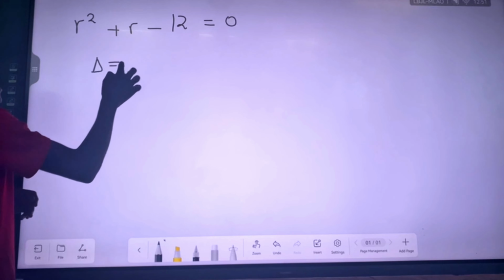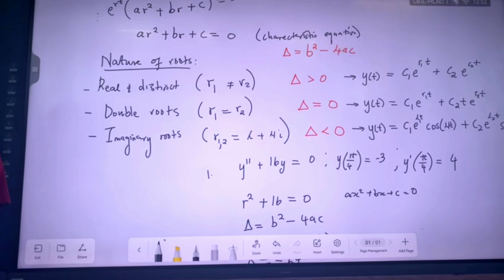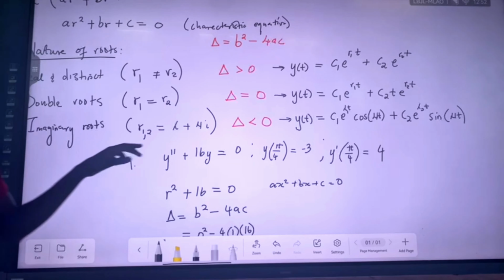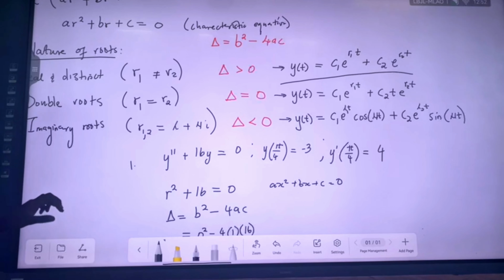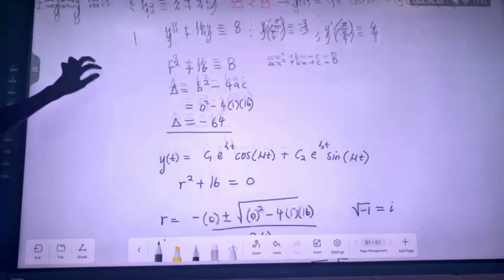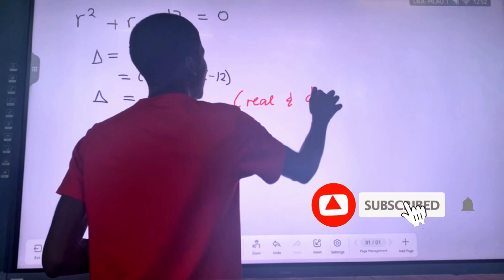So say I want the discriminant here is what? Is greater than 0. And when the discriminant is greater than 0, I still remember, what happens? The roots are real and they are distinct. So you have got a value of R1, a value of R2 that are different from one another. And then you do what? You use this as the general solution of the second order homogeneous equation. So here we already see we are having real and distinct roots. So please, nienze nonke lama step to show. So we are having real and distinct roots.